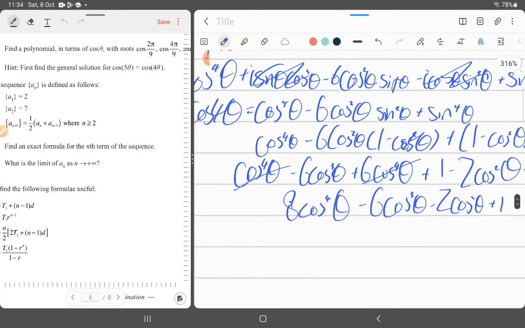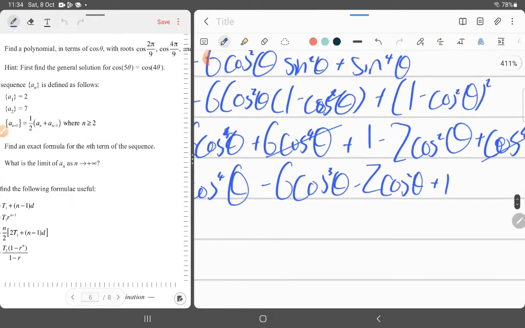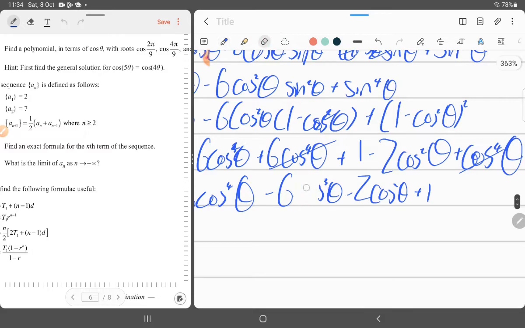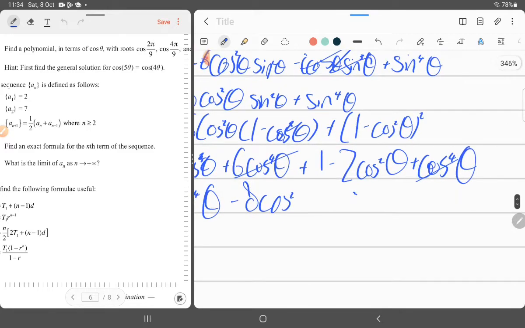Oh, wait. No. This is supposed to be squared. So that's minus. This should be squared. So this should be just minus 8, right? Sine squared. Right, yeah. Minus 8 cosine squared theta. It's 1. So